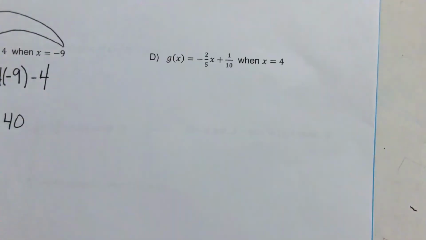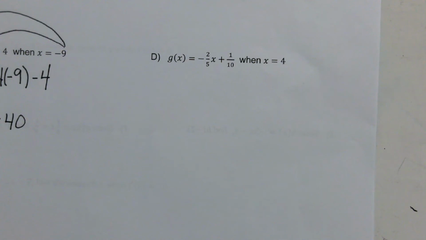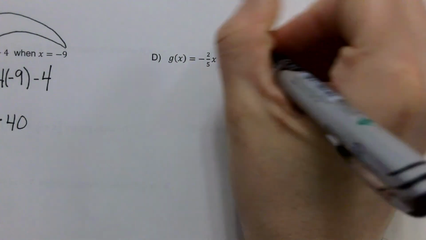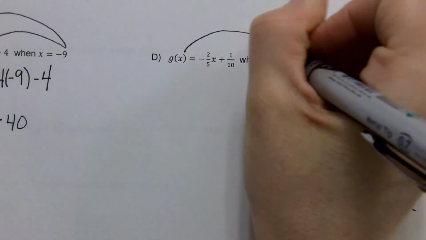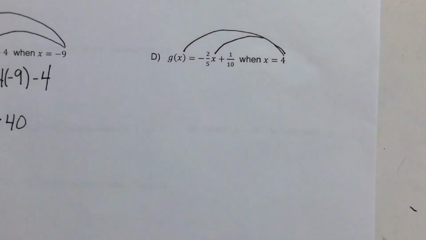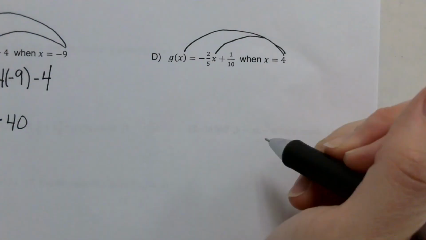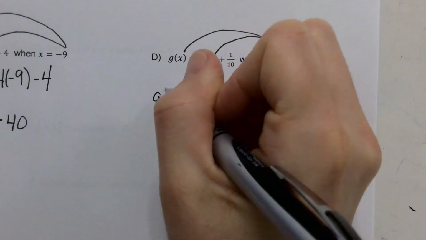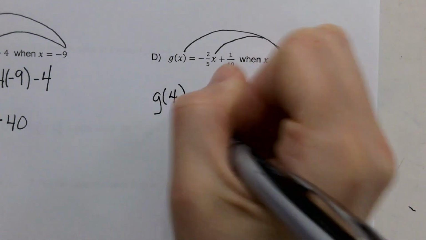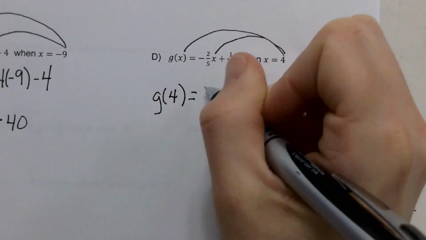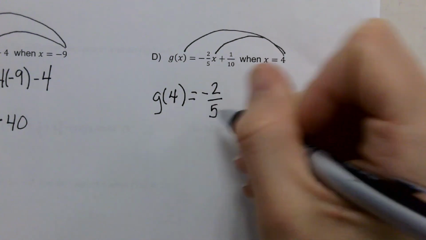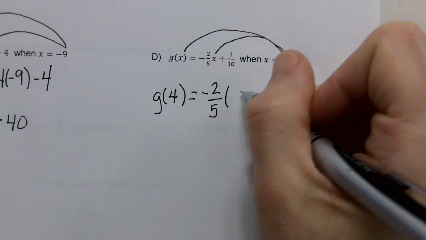Last one. Oh no, there's fractions. That's okay, because we're just going to use our calculator. So we're going to put x in for both of these. And we're using our calculator, not our phone, because your phone is not going to be able to deal with these fractions like a calculator would. So g of 4 equals -2/5 times 4